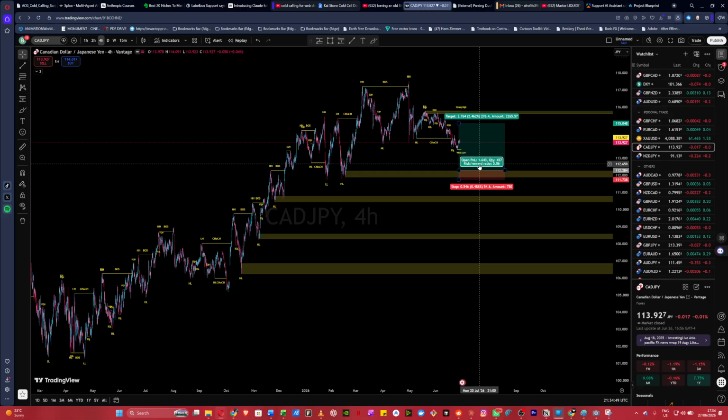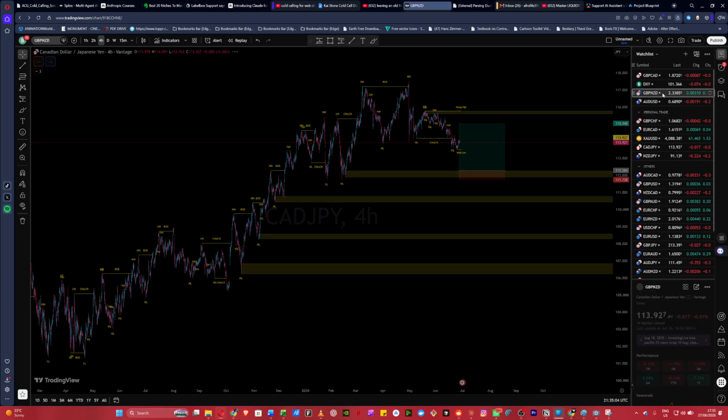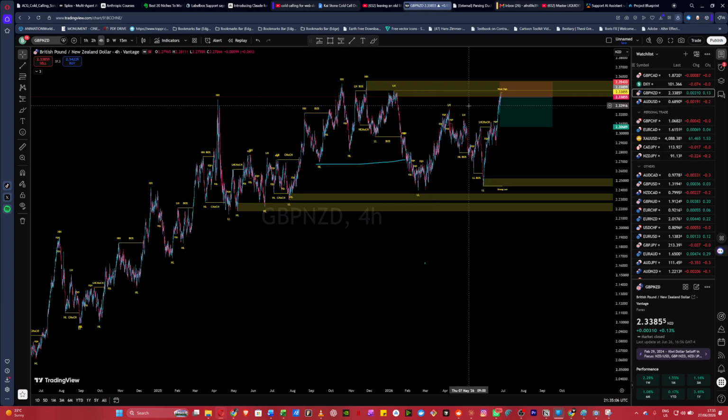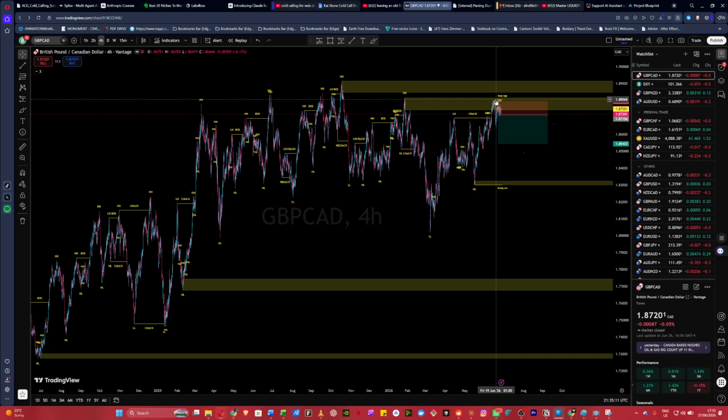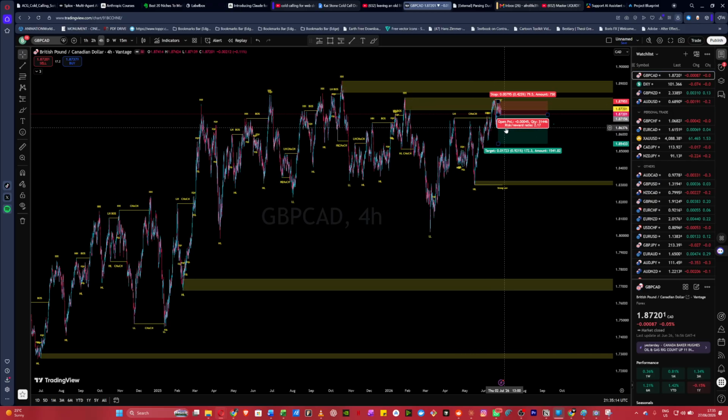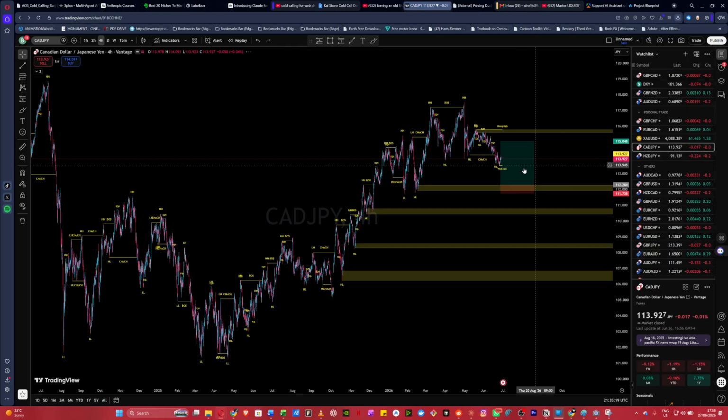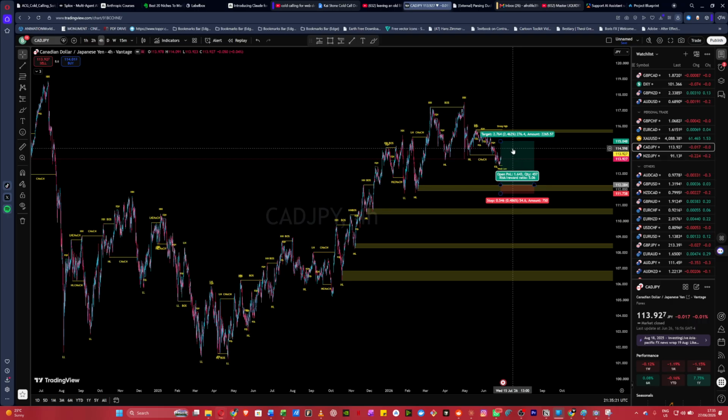I watched a video yesterday, and the guy was like, you can risk more on your A plus trade, because if you risk the same amount on all trades, then at the end of the month you're risking the same on your B trades too. Like this one might be a B trade, because I only enter the first touch. So let's say I lose this one, and then I'm risking the same 3% here as I'm risking here. So I'll probably make the same amount. Or how do I explain this?